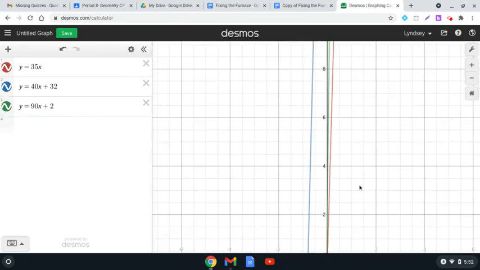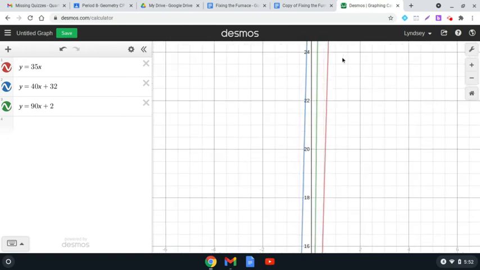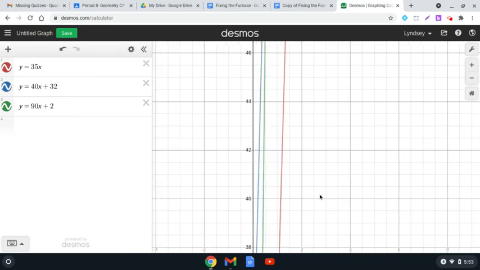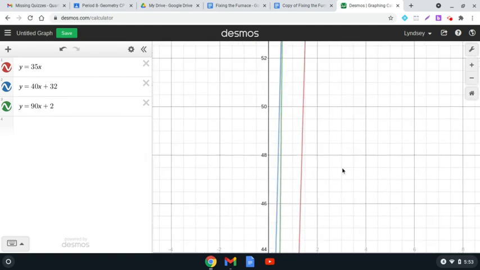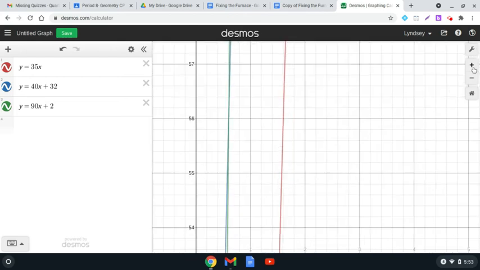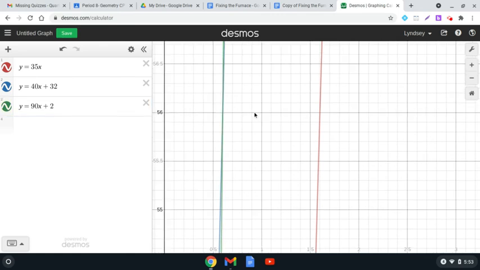I can drag. My goal is to look at where the lines intersect. Okay, and now I just plugged in random lines, so they may take a while to intersect here. I think blue and green are about to cross. And then when I do see that they're intersecting, I could zoom in. Okay, it looks like that's their point of intersection. So this is the part where you want to show me this picture and you want to put it into